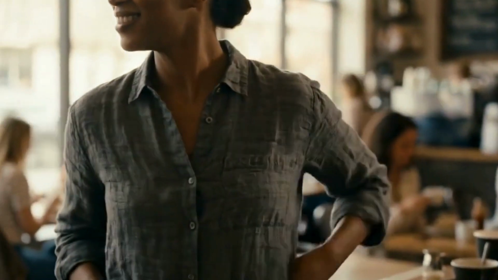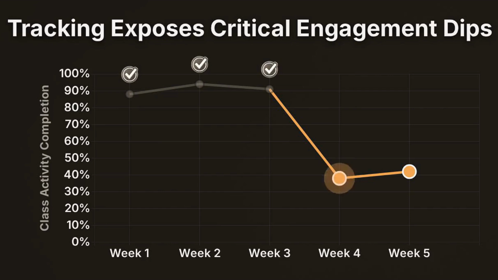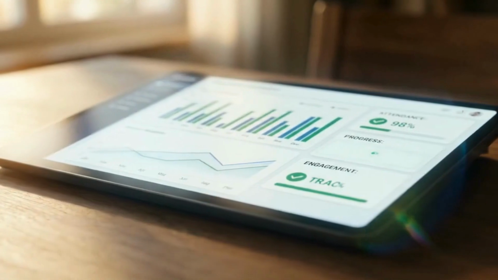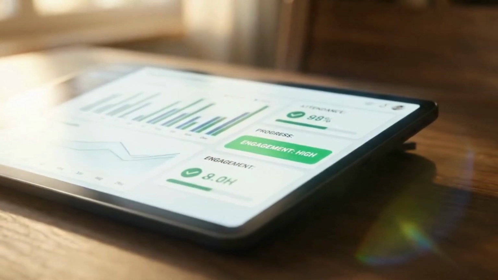a major learning roadblock. Delivering content is important, but a good online teacher also needs to know how students are actually absorbing that material. Built-in tracking tools let you verify who is completing their activities, while easily identifying the exact students who are falling behind. Spotting those dips early gives you the opportunity to step in and adjust your teaching plan right away. Data tracking turns a rigid one-way lecture into a responsive teaching ecosystem that reacts to what your students need in